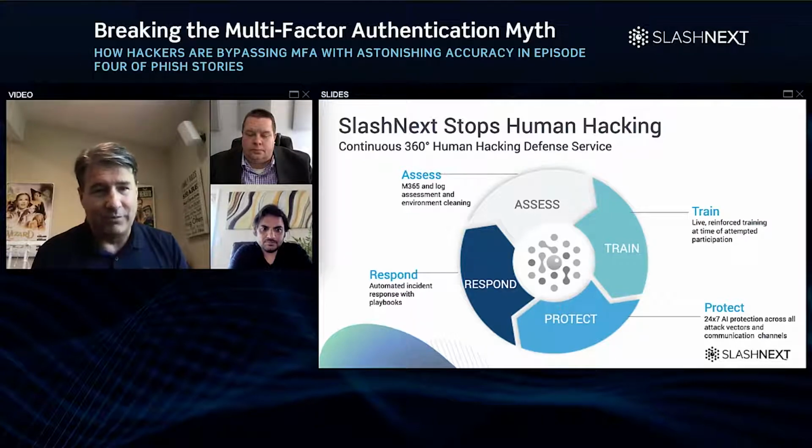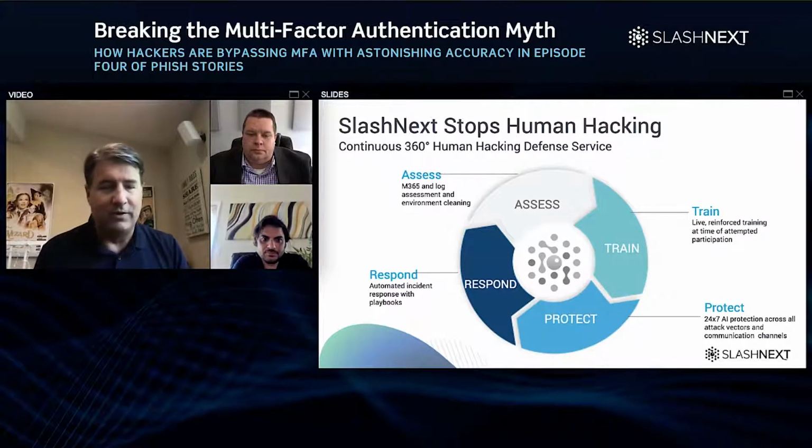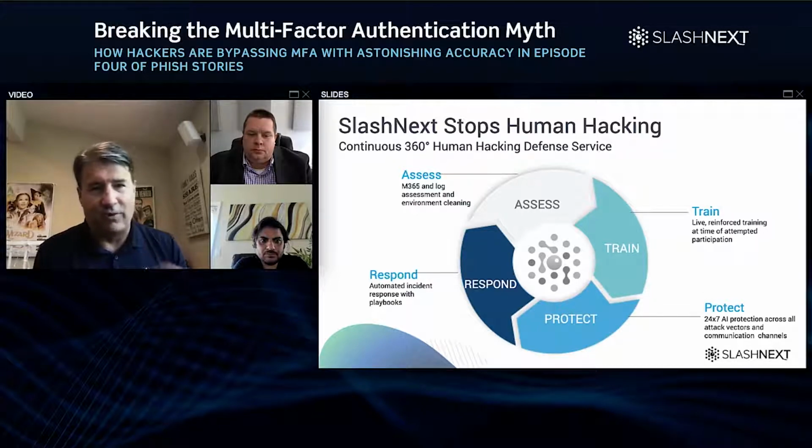Because I will tell you, I've been in the business long enough to know a lot of the tools that are built today to stop these human attacks were done with two things. Number one, they look at signatures. And second, they use trusted domains. As we just pointed out, trusted domains, throw that away, because if you trust domains, you're going to get killed.